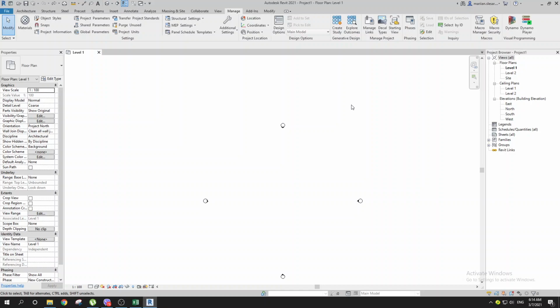Hey everyone, in this video I'll show you how to automate the process of creating levels and floor plans so you can be more efficient when it comes to working in Revit using Dynamo. Actually, it's going to be a quick tip on how to avoid all of these mundane tasks, because when it comes to creating a new project,